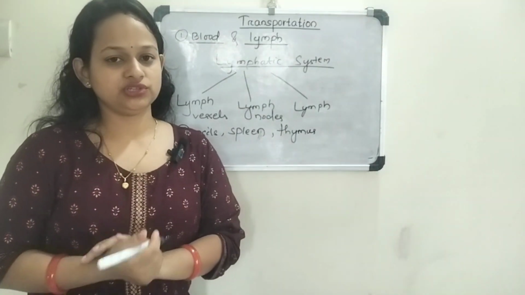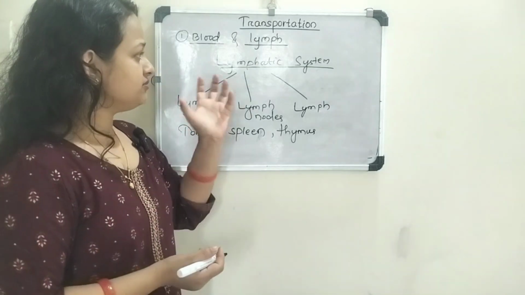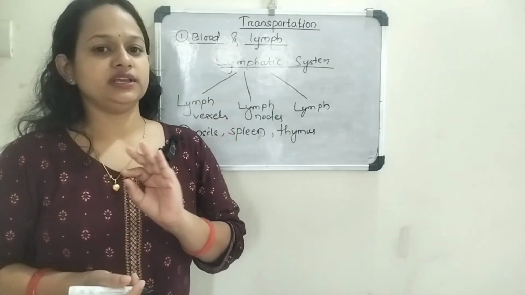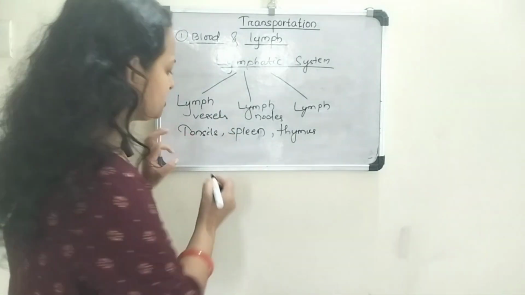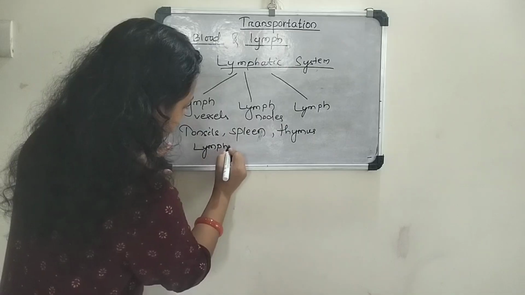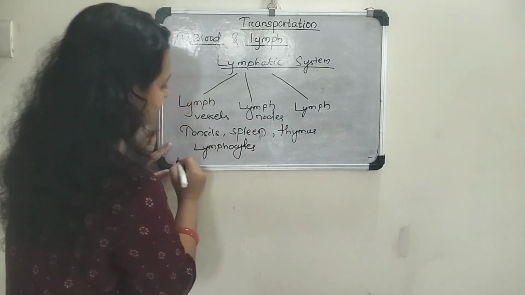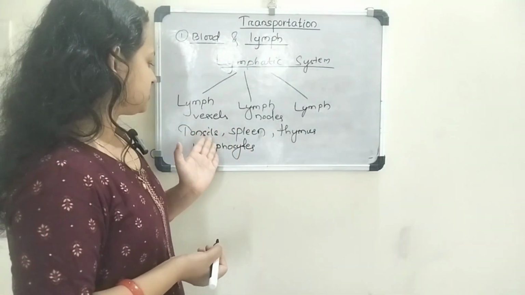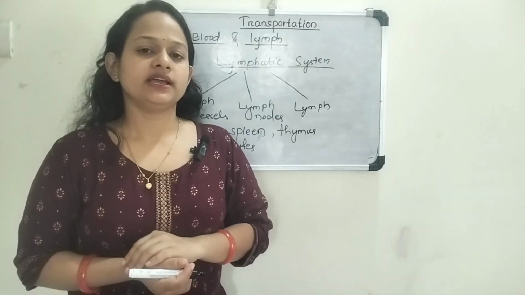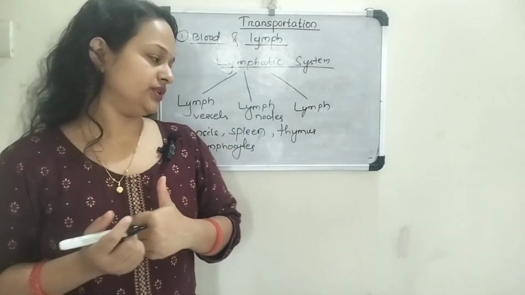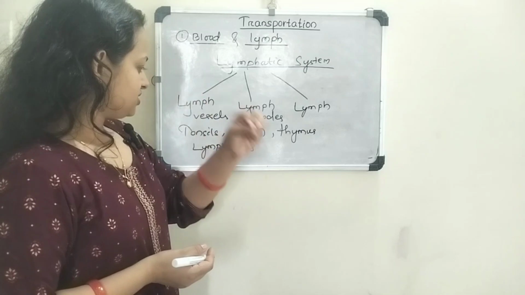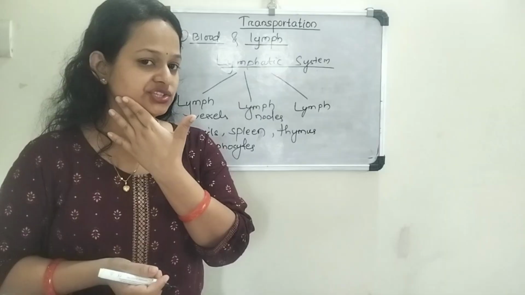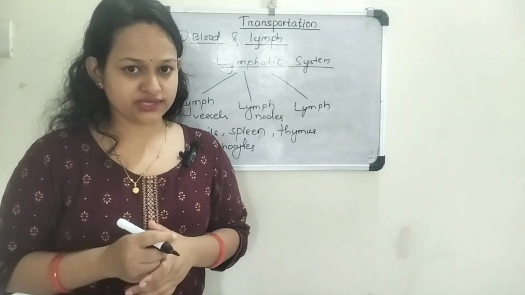These organs contain lymphocytes, and the lymphatic system, or the lymph, contains a type of WBCs known as lymphocytes. These lymphocytes are present in larger numbers in tonsil cells, spleen cells and thymus cells, and they give protection to the body. The lymph nodes are present in the neck region, the armpit and the groin.